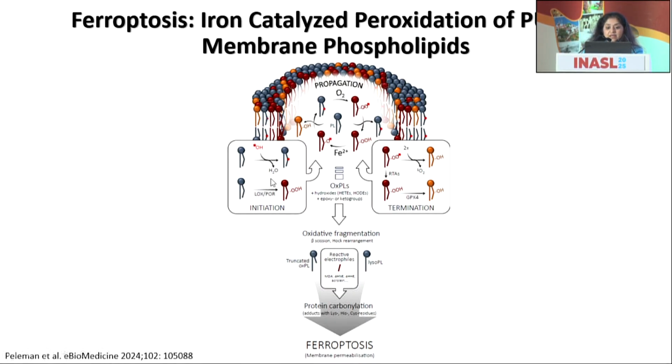This is an iron-catalyzed peroxidation of polyunsaturated fatty acids in membrane phospholipids. And while there are no direct data implicating that oxidized phospholipids are increased in the plasma membrane of MASH patients, there's a lot of correlative data that lipid peroxides are increased in these patients. And there is also no data that this form of cell death is immunogenic. So more to follow in this space to try to understand what is the true contribution of ferroptosis towards MASH and whether ferroptosis may be a therapeutic target.